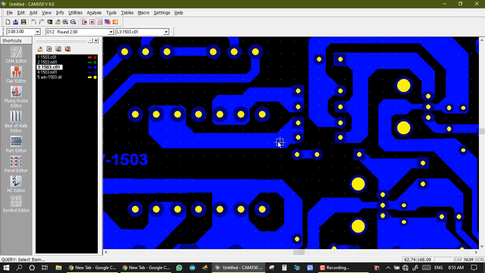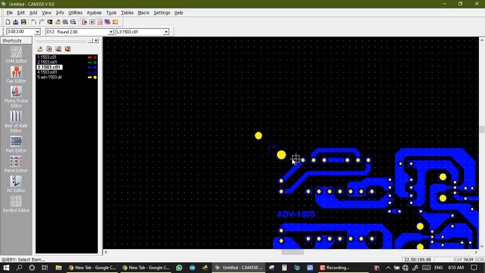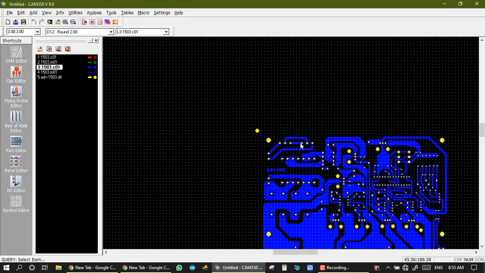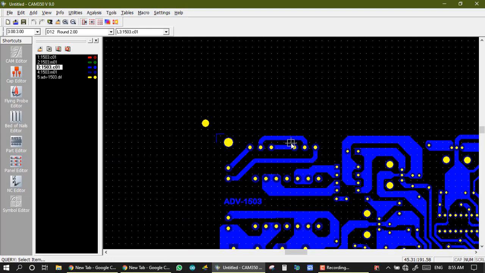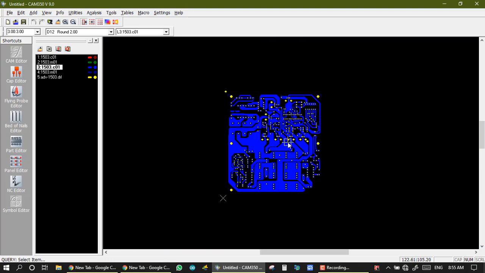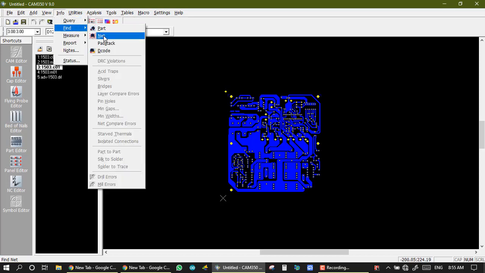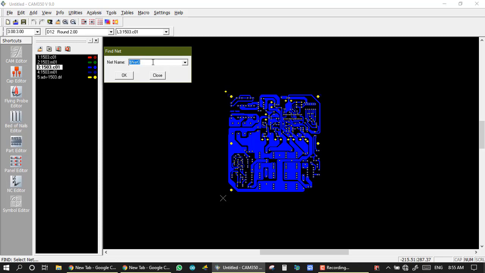This is all my nets. Now all these nets have some unique net number, like in this Gerber we have approximately 50. I assume this Gerber has 120 nets, so I can't identify which is my net number 58. Then if I want to find net number 58, I just go to info, find, and go to net, and I just set net number 58.